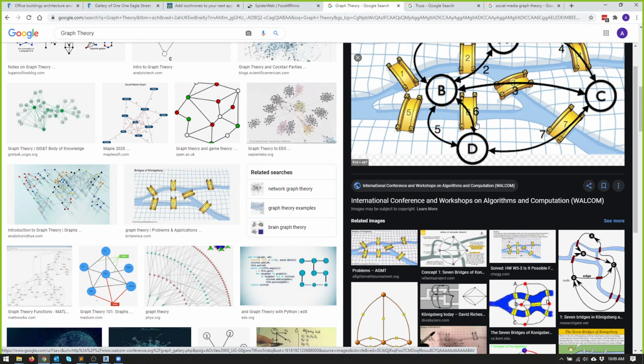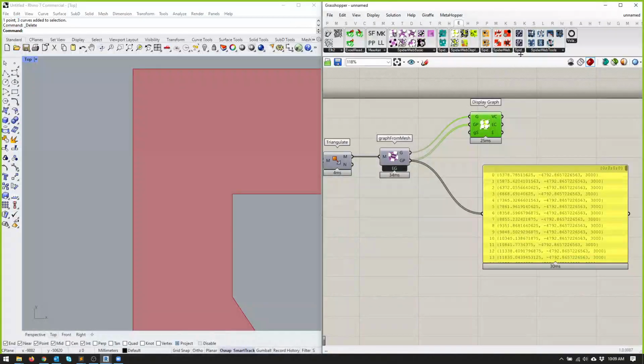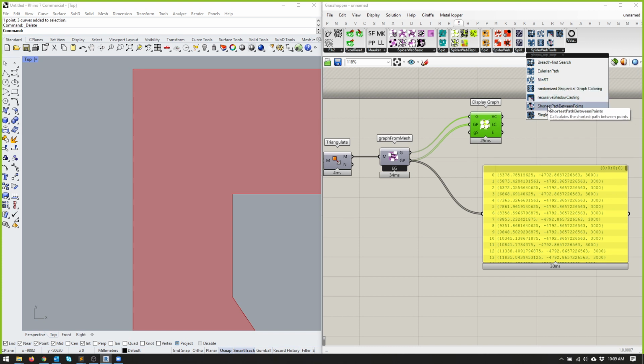what we can do is we can use the provided tools to work out various things, which means we don't need to know the math that is required to do it quickly. So rather than iterating through and finding thousands and thousands of calculations, instead we can use functions like minimal spanning tree, shortest path between points, those types of things. So